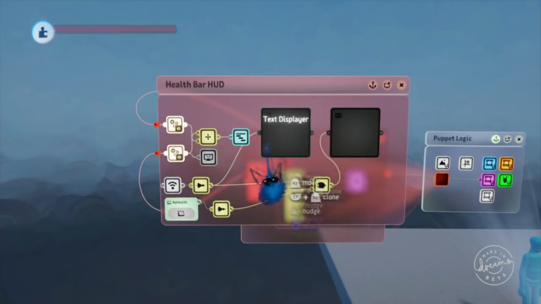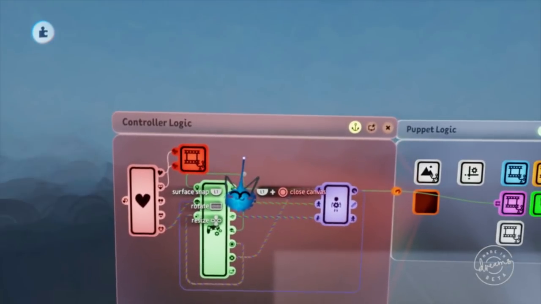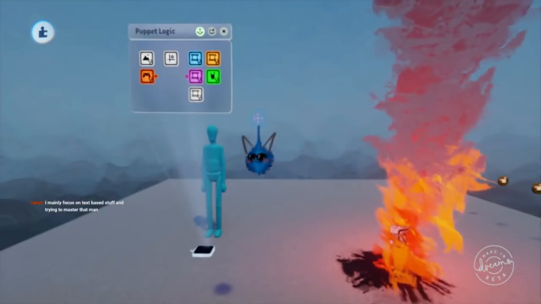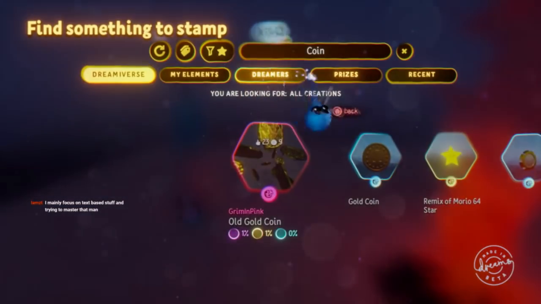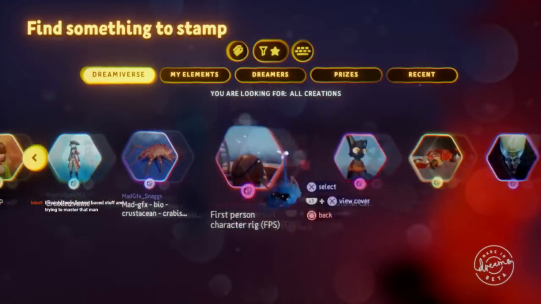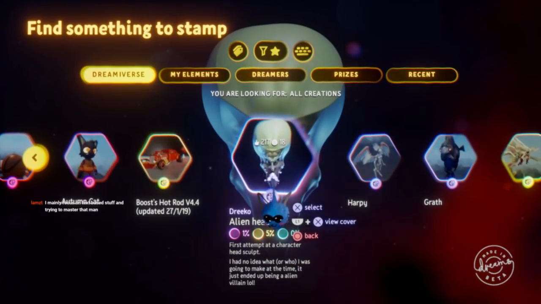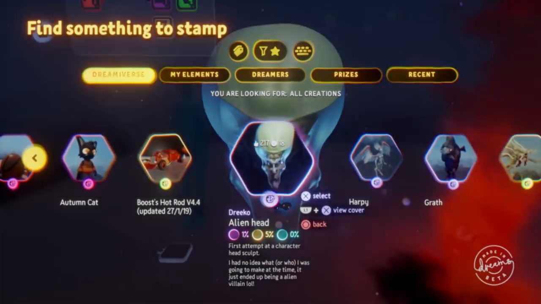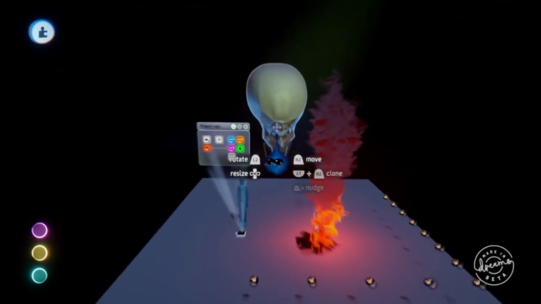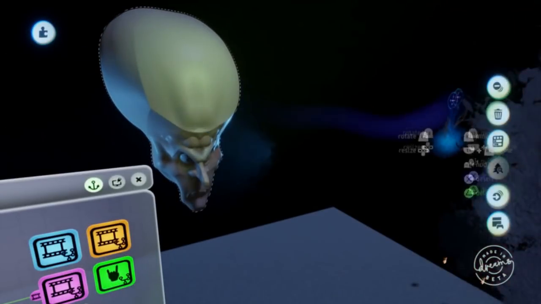Alright, so I have one more request, and this one is something that a lot of people asked me to do Molecule for, and they answered it, but they answered it in the weirdest way. They just put a hat on the dude, and I guess that means a lot of people didn't understand, or they didn't get it. So what we can do is, okay, you completely rigged a character from scratch, and this is the head, right? And you want to put this onto the puppet, so it animates correctly and everything like that. So what we're going to do